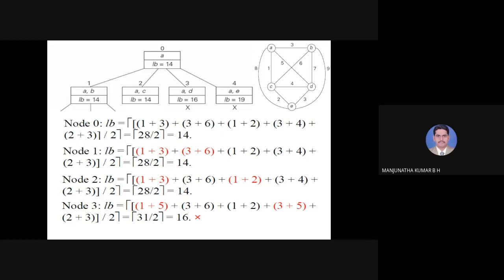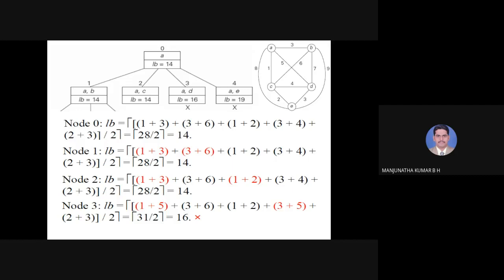Next number what I am going to write is the number related to the edge between A to D, because node 3 is talking about AD edge from A to D. One number is related to smallest distance, that is 1 plus. Next number should be the distance from A to D. A to D is how much? 5. Okay, 1 plus 5. You can compare this value with the previous calculations. In all the previous calculations I had 1 plus 3. Now it changes to 1 plus 5.